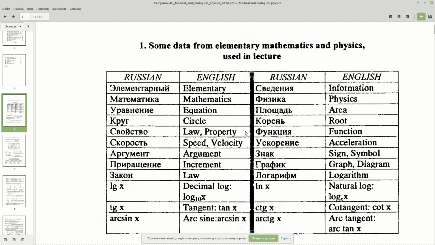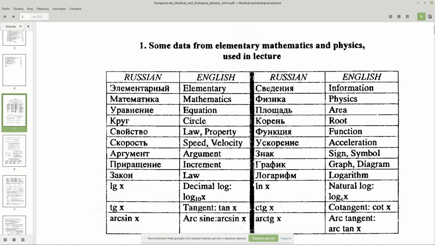So we use elementary mathematics: circle, law or property, speed, velocity, argument, increment, decimal logarithm,